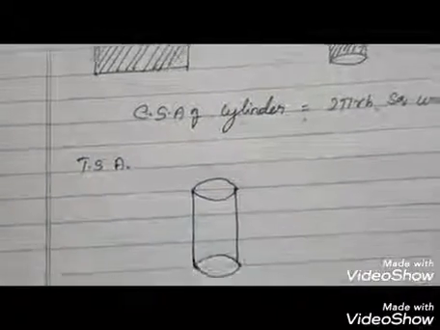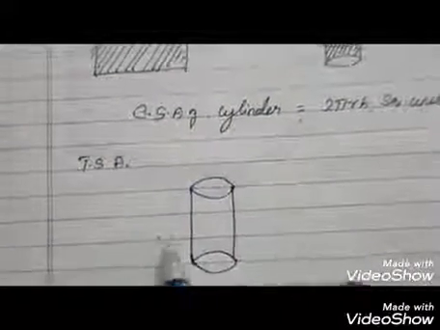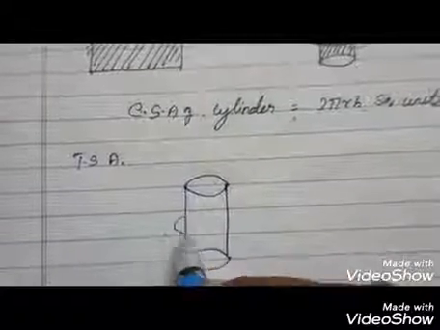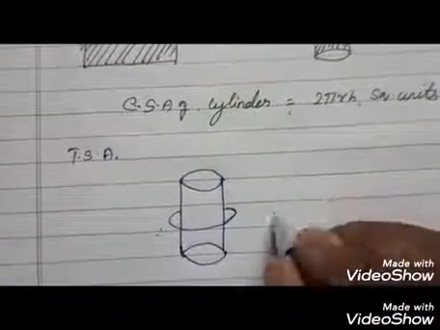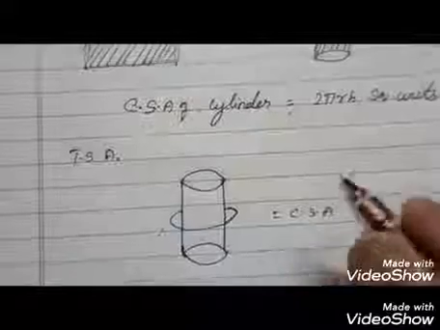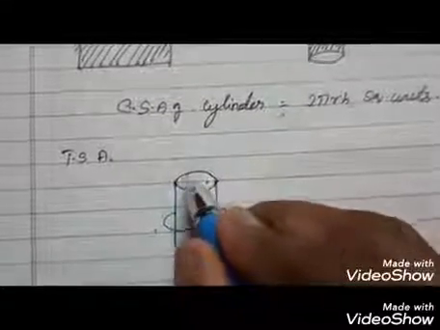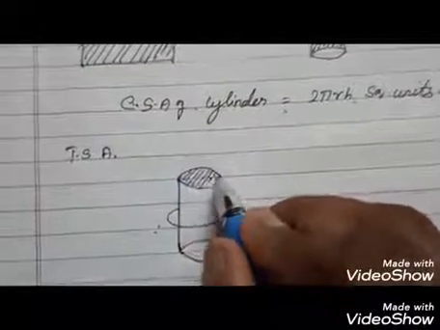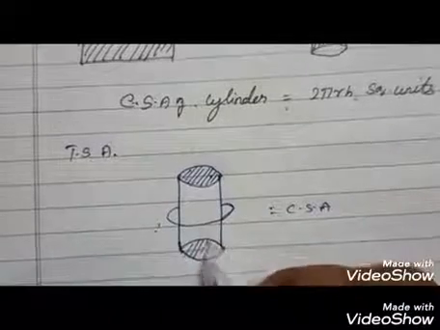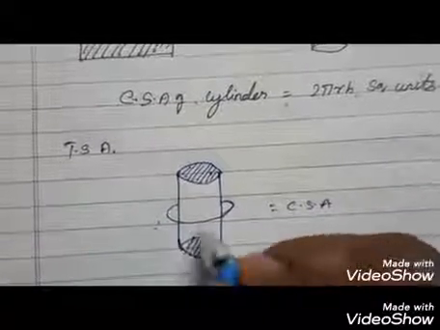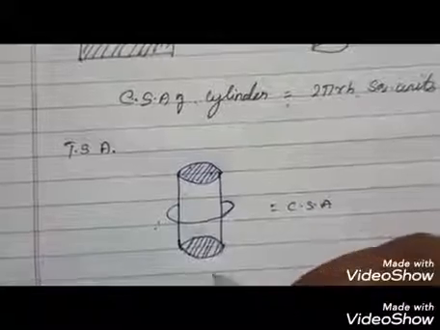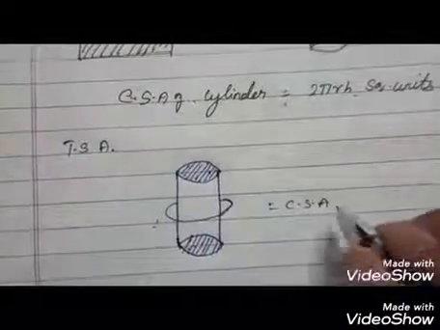So this is the cylinder. So what is meant by total surface area? We take the whole. One is the curved surface area, that is CSA, plus one of the bases on your top and another base on your bottom. What is the base? It is a circular base. How many circular bases? 2 circular bases.